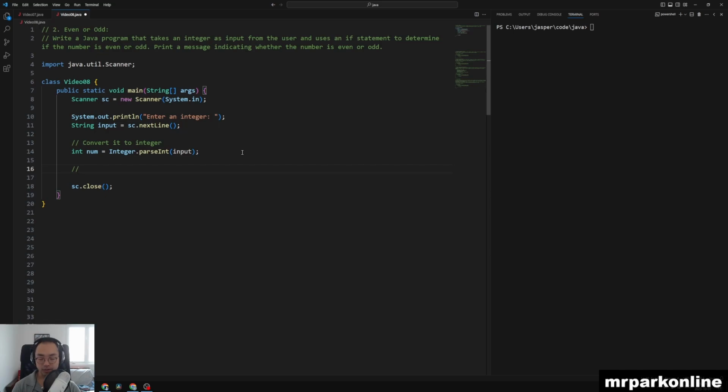All right, now we're going to do our check if it is even, which is very simple. We're going to say if, then brackets, and then our curly braces. So our code block's going to go here, and this code is only going to be executed if this Boolean statement is true. So we're going to say if num modulus 2 is equivalent to 0, we're going to do System.out.println. We're going to say num